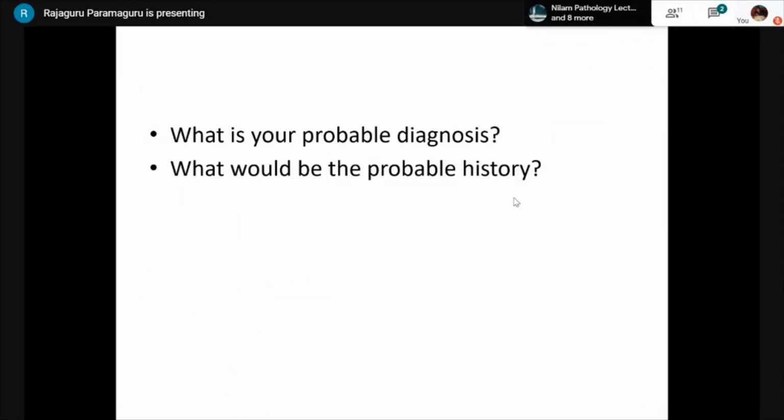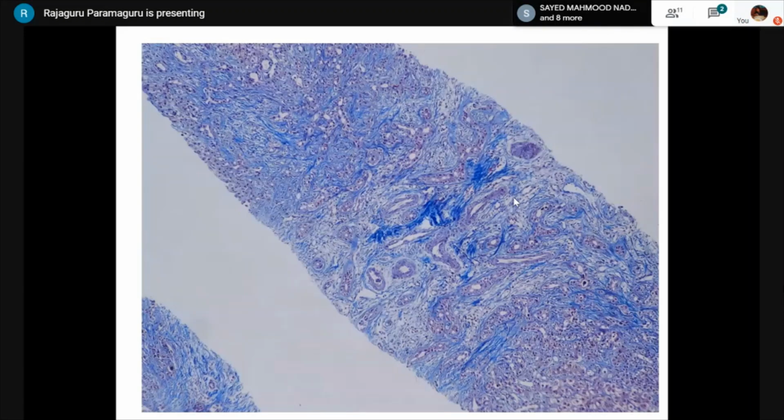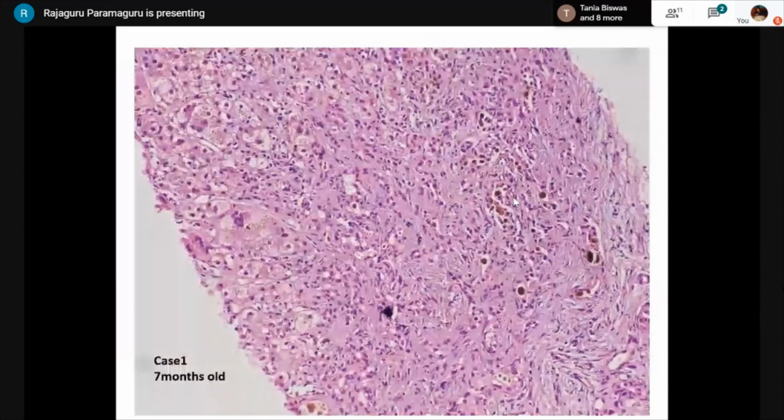This is a 7-month-old child, an infant. If you know the diagnosis, well and good, but if not, what will be the history probably? Are there any comments, sir? You can go back and show the pictures if everybody wants to see them. So please have a look at the hepatocytes here, the portal area, something within the bile duct-like structures. I think you can easily identify what this is.